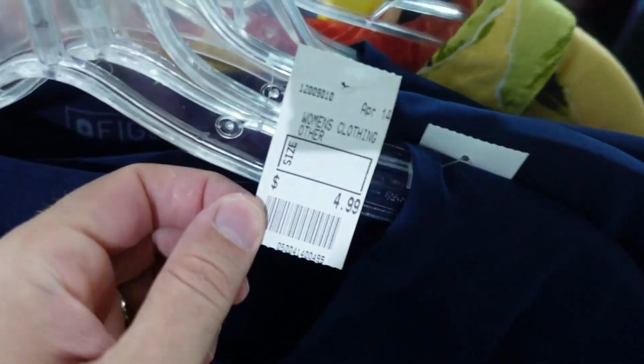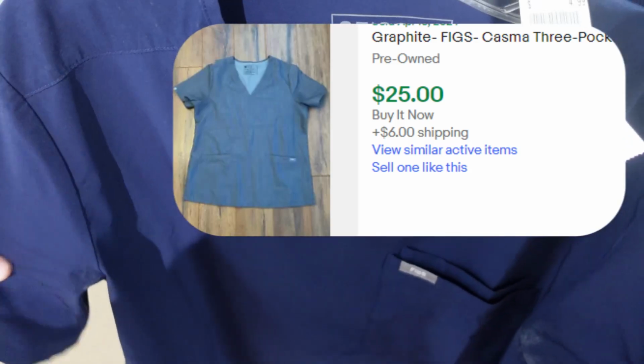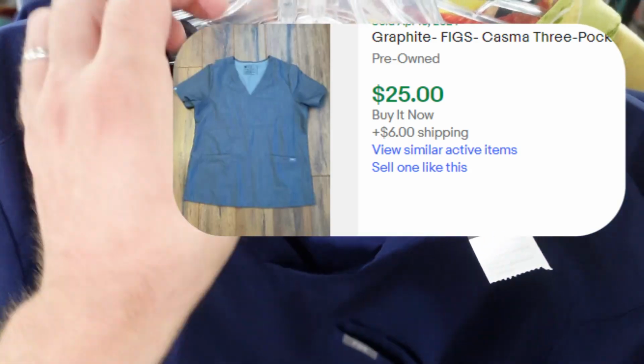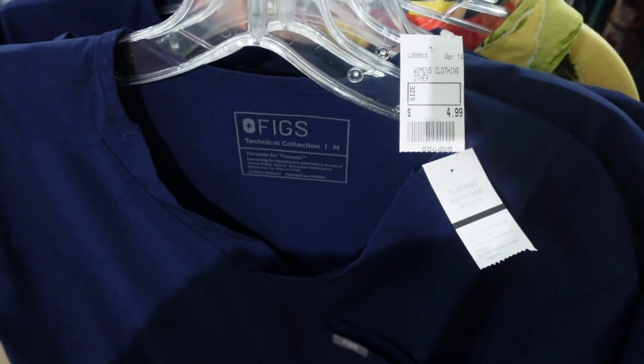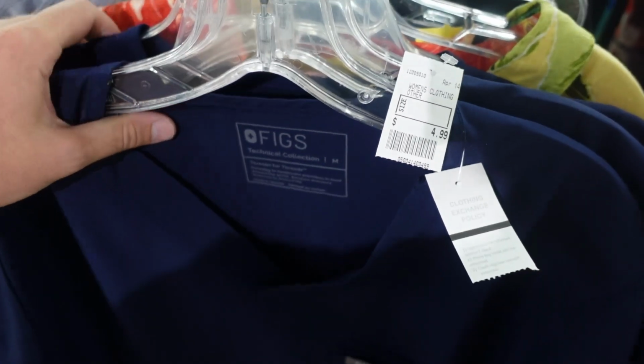And I also have a couple tops. Again, 4 of them. These are only $5. So nice little bread and butter item. I usually list them for like $22 plus $6 shipping. Then just kind of take whatever offer comes in. The sell-through rate's okay. It's not crazy, but just a nice little bread and butter item. And there's a bunch of them here, so